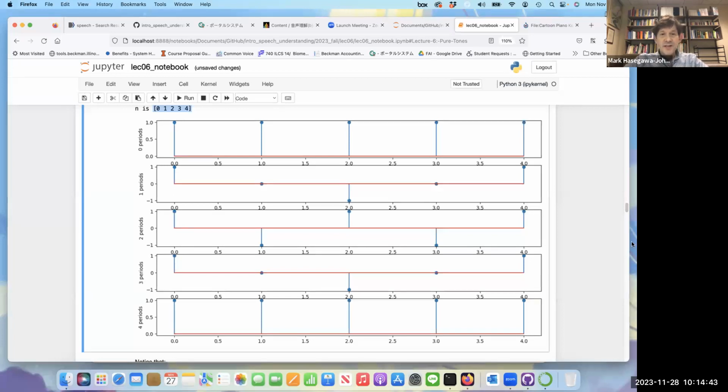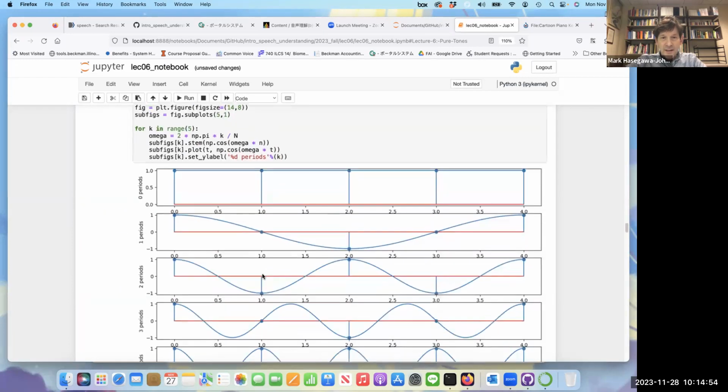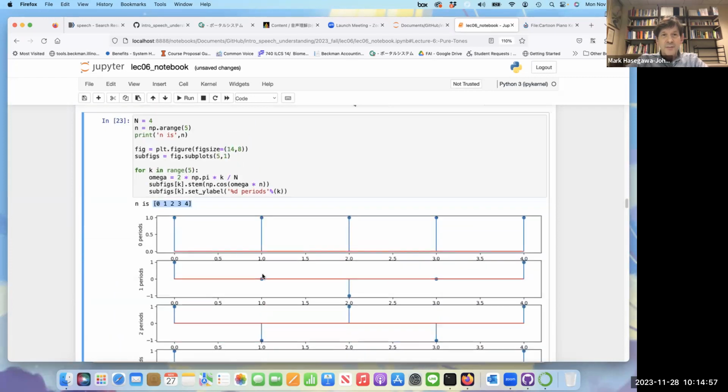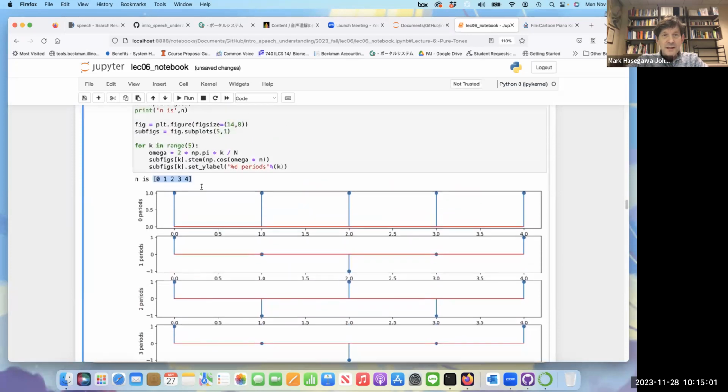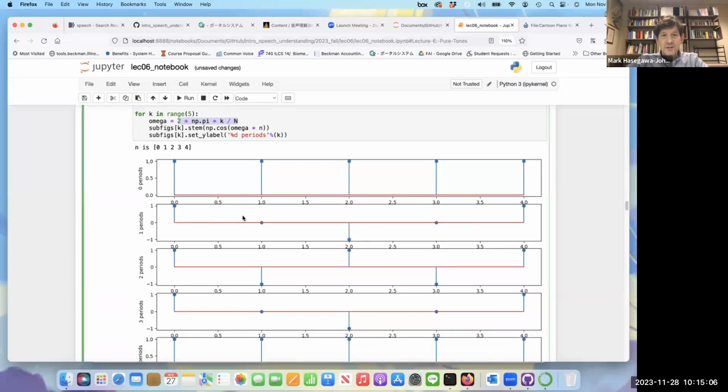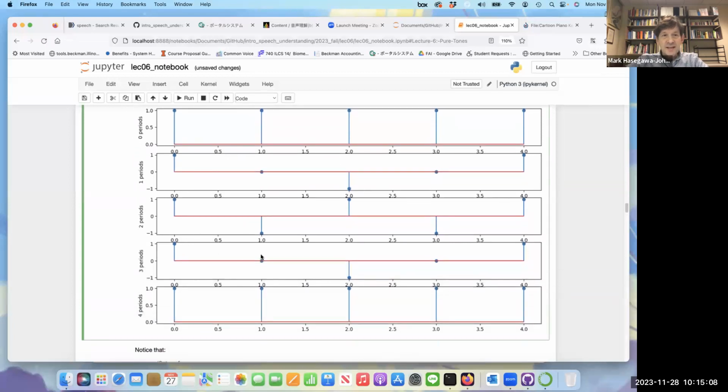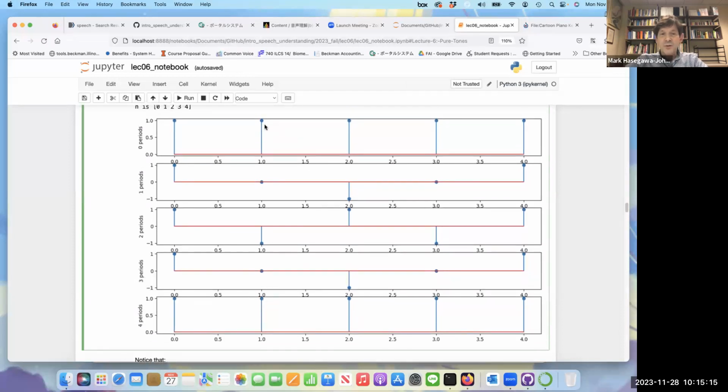And now something strange happens. When I try to plot 3 periods of a cosine in only 4 samples, the cosine goes down and then comes up, but doesn't go all the way back. I'm going to show you that in a moment. Here I'm plotting the cosine of omega n, where omega is 2 pi times 3. It looks exactly the same as if there was only 1 period. If I have 4 periods, it looks exactly the same as if there was only 0 periods.